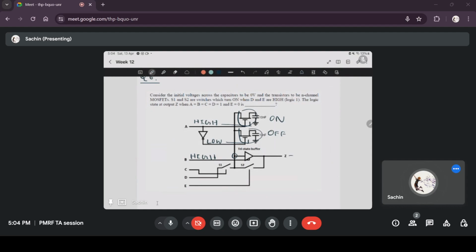Third input, when C is high, the switch S1 is turned on. When E is high, the switch S2 is turned on. D is an input. Whenever C is high, that is whenever S1 is on, that D will be connected to